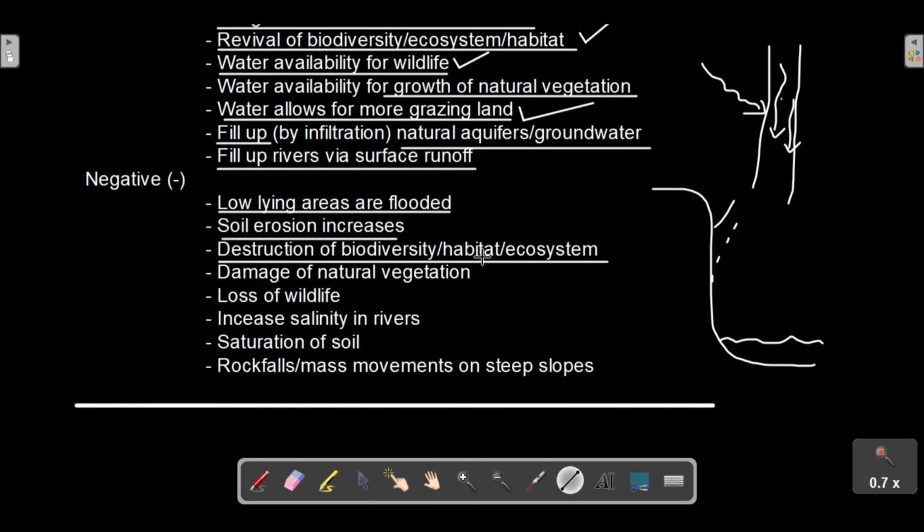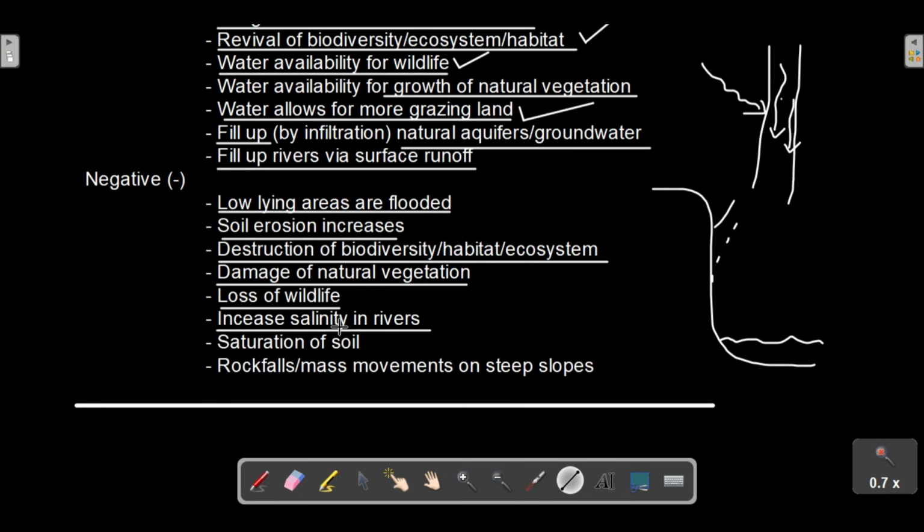Okay, these habitats. Remember, soil erosion will result in the depletion of plants, crops, that results in hunger in herbivores, and so on and so on. So all of these have relationships, guys. The living things, non-living things, everything. Okay? It's all connected. Damage of natural vegetation. As I said, soil erosion, flooding, loss of wildlife. Okay, it affects the food chain. Again,